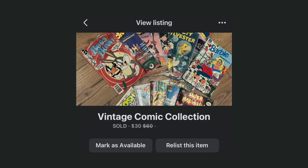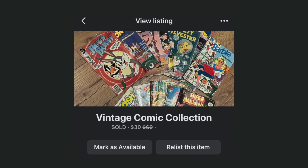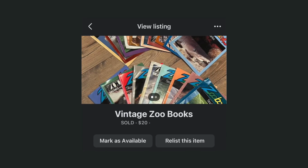Okay, the first one that I got was a vintage comic collection. I sold that one for $30. That one had like Bugs Bunny, Barbie, a bunch of miscellaneous, Super Mario Brothers, stuff like that. The next one, the zoo books were super popular. I didn't realize that there was so much nostalgia around that, but I sold those like really fast for $20,